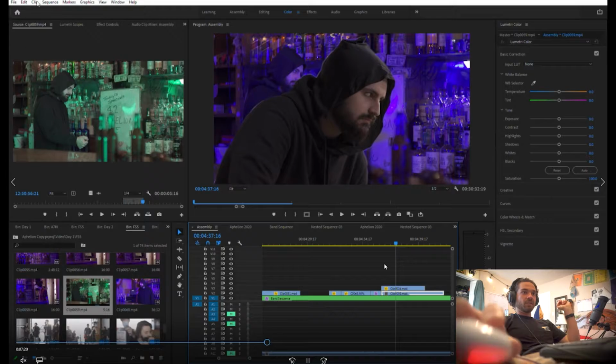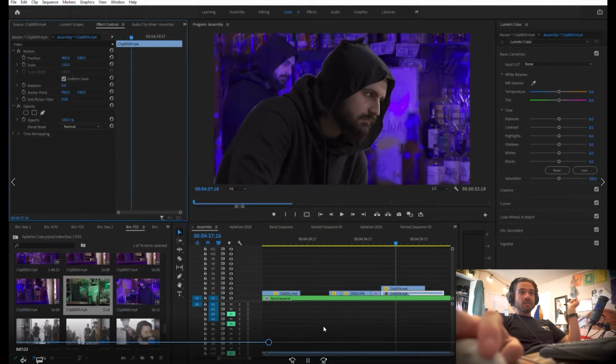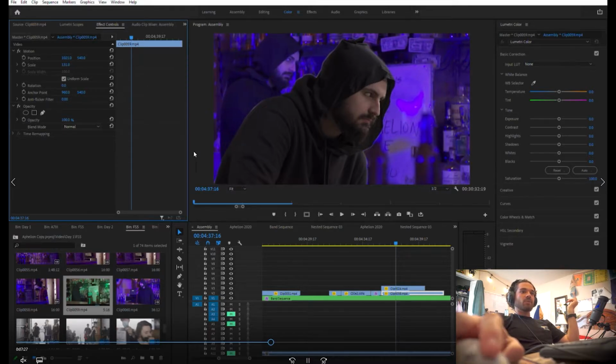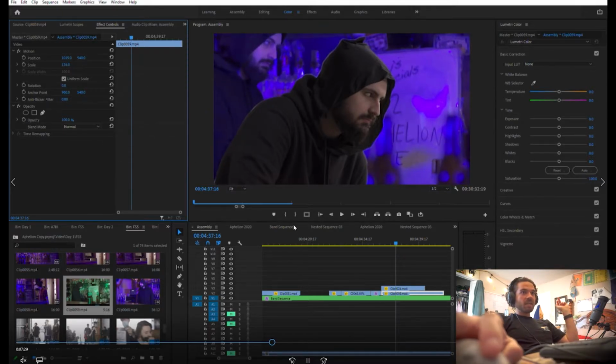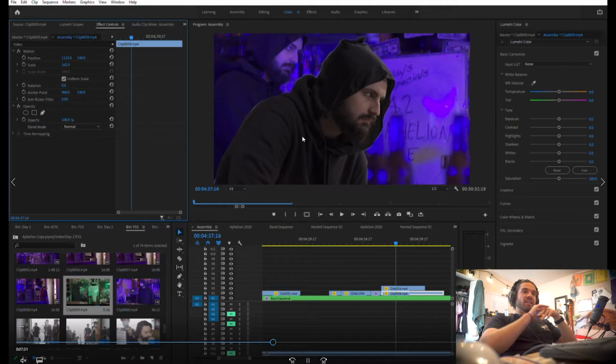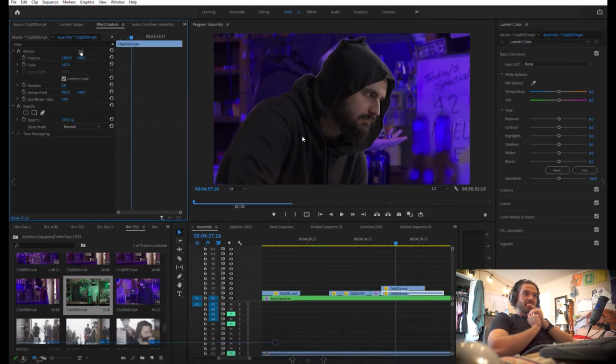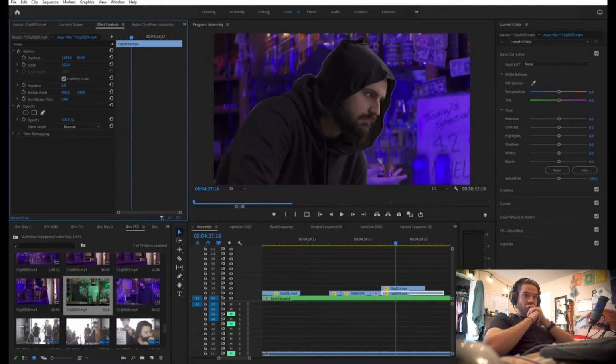Boom, there's our first move, and we have the background that we're looking for. We move it around, we look for what we're trying to get, and you punch it in to make it look like he's gonna be where he would be standing in that scene. So you zoom in, you push it around, and like we're gonna do shortly,